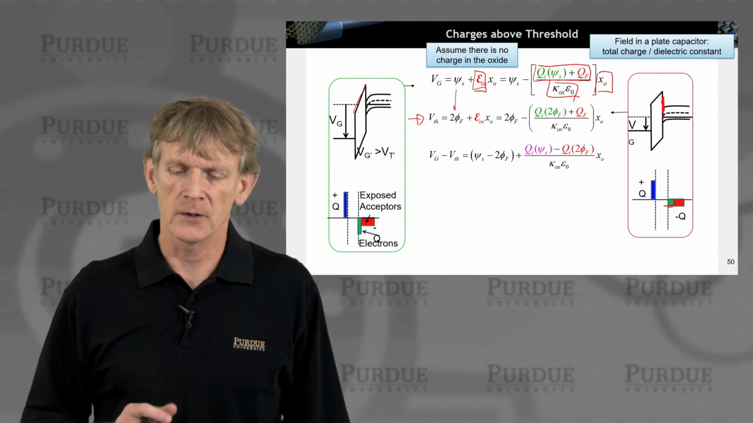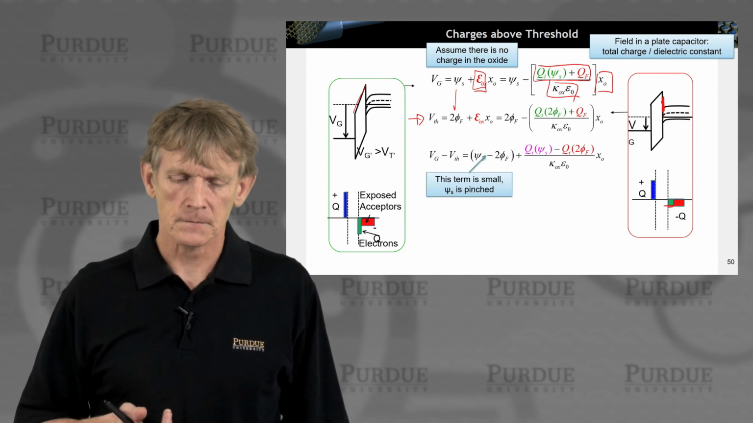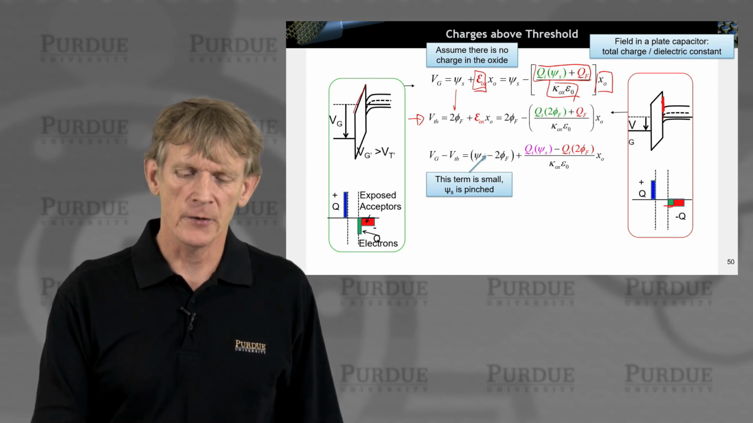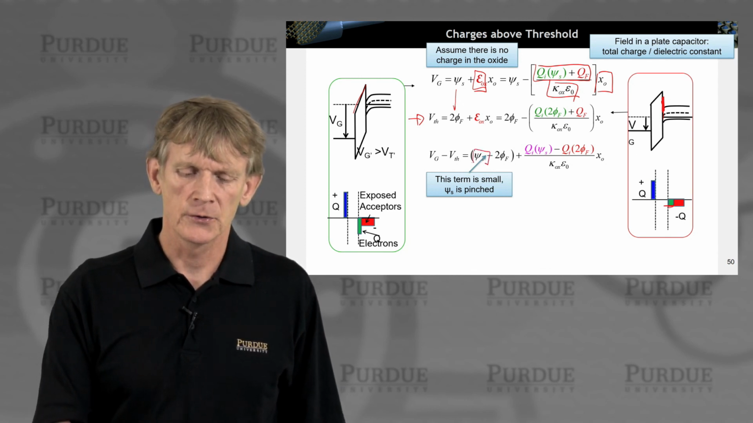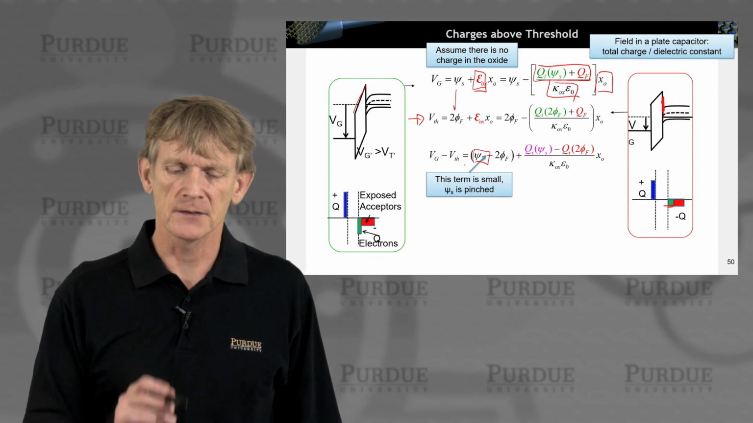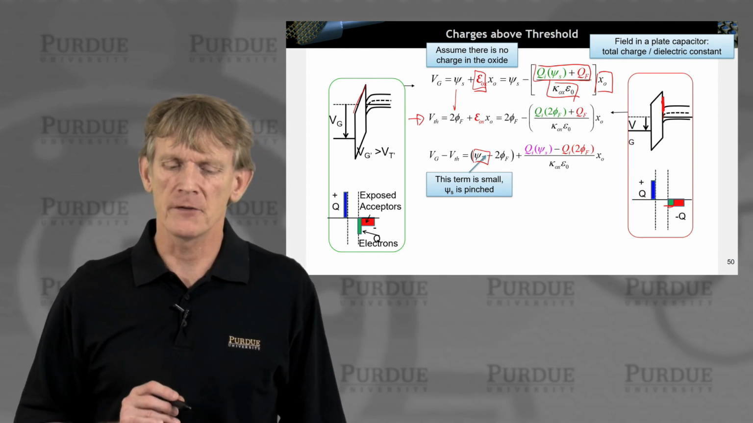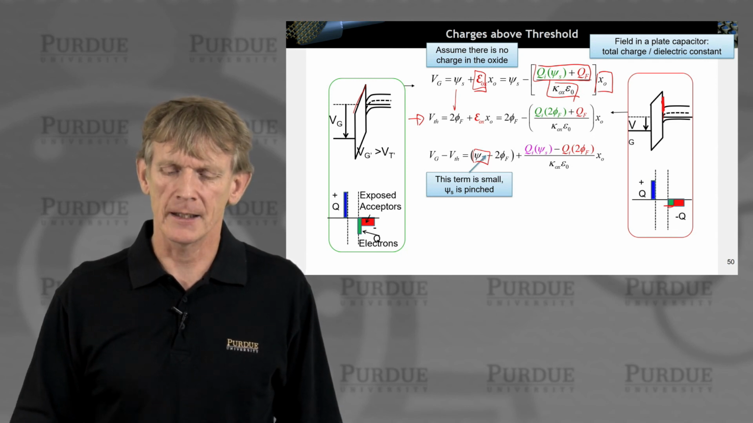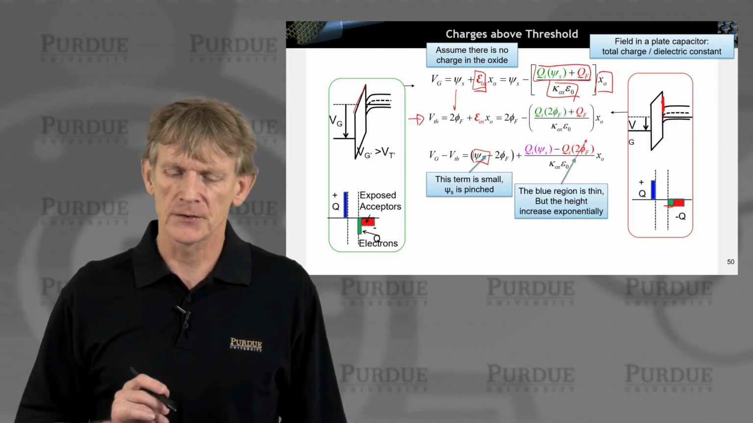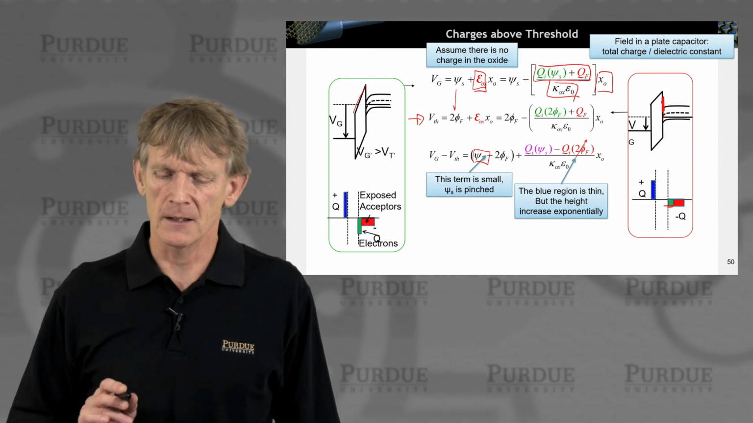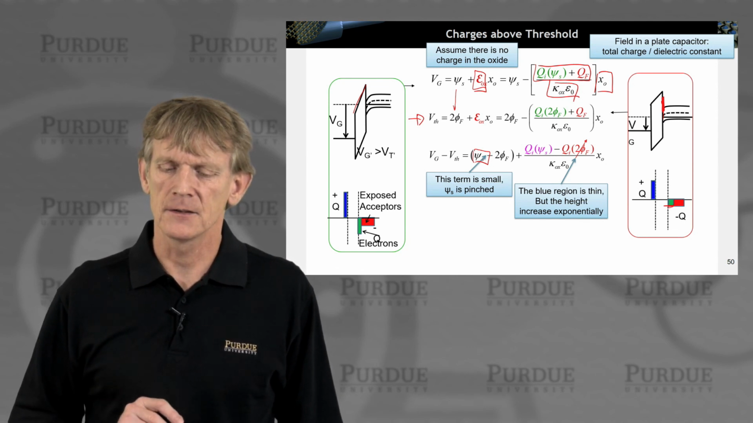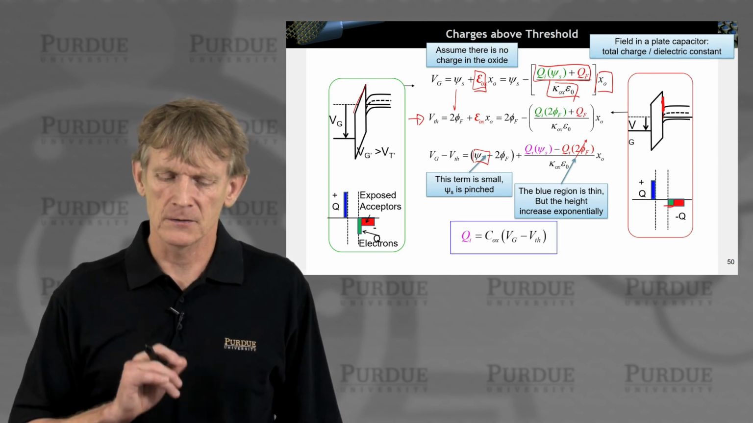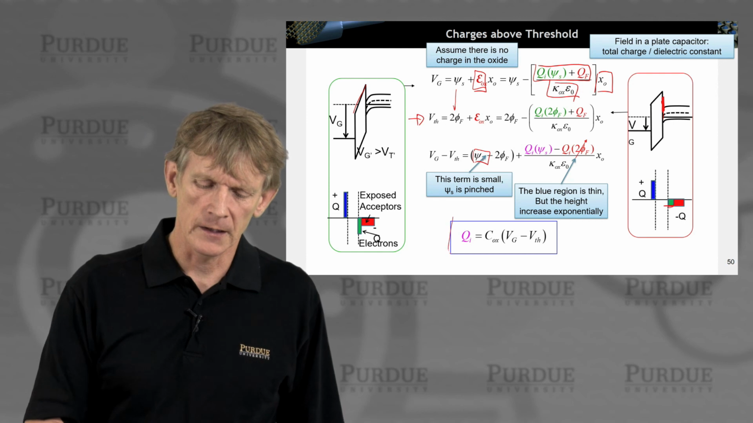At that transition point, we will see that the increase that you can get between these two potentials, psi S and phi F, will be very small. And follow me, we will neglect this term for now. And also the blue region is very thin, but the height is increasing exponentially. So we can neglect this term. And we end up beautifully in this expression